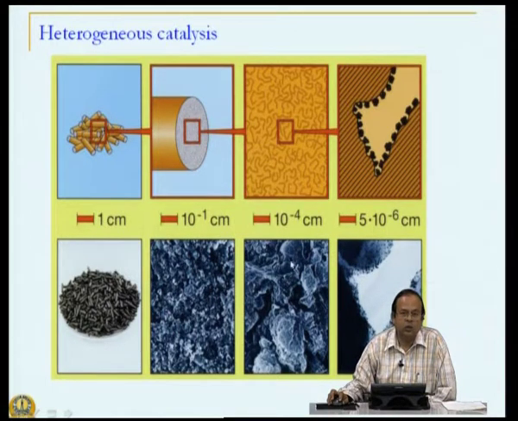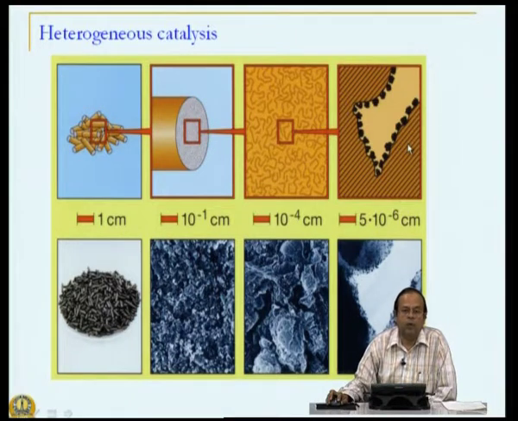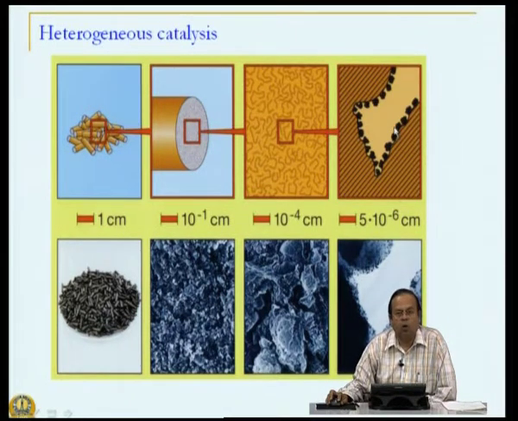The second aspect is about the size of these pores. Now, if you look at this pore, we are talking about micron size pores, or at times you could have pores which are even smaller than this. So, the typical size of a pore may be anything from 10 angstrom to 10,000 angstroms. So, when it comes to diffusion, some other considerations come into picture because the size of the pore is very small, and we will talk about it shortly.